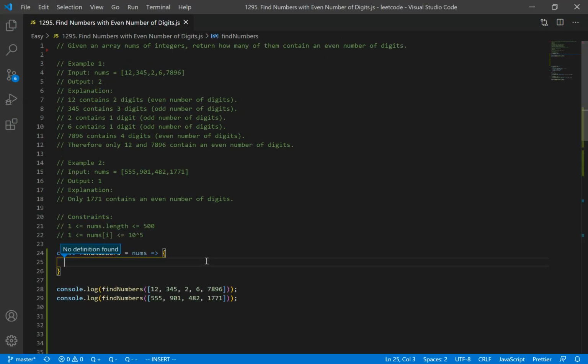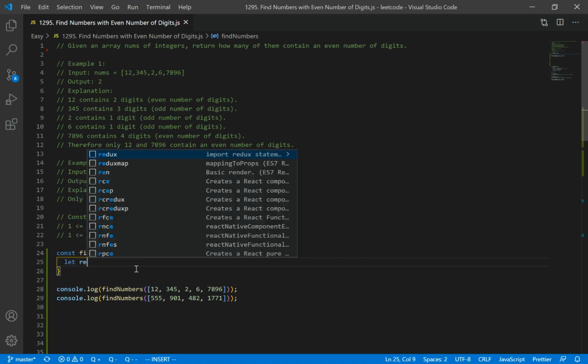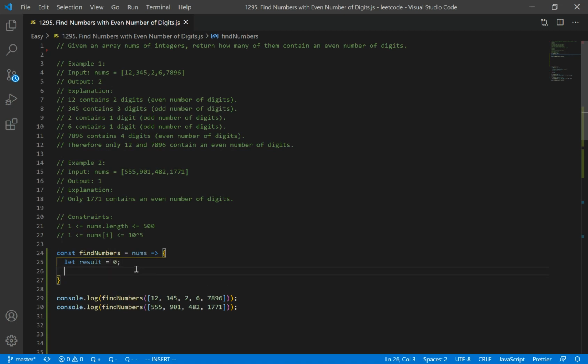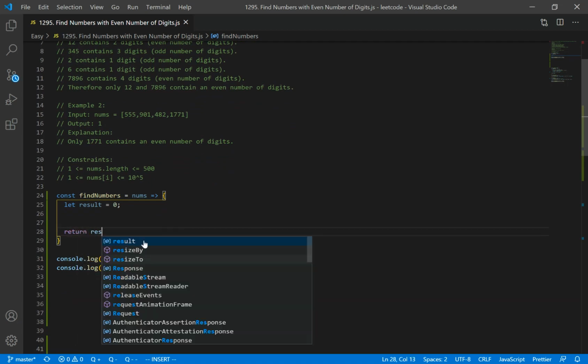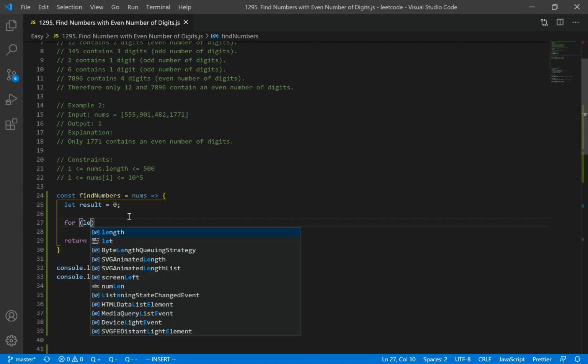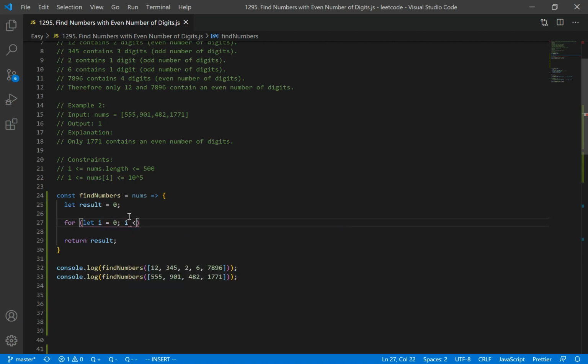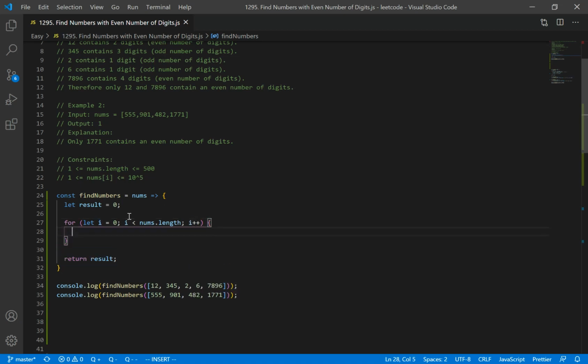Alright guys, so now let's code our solution. We declare our function which takes in one parameter, which is an array of integers. And let's declare a variable named result. This is going to store how many even numbers we have, and we'll return our result. So we're gonna go through our array using a for loop, nums.length. We want to go through all of them, and I'm just gonna make a variable, let num is equal to